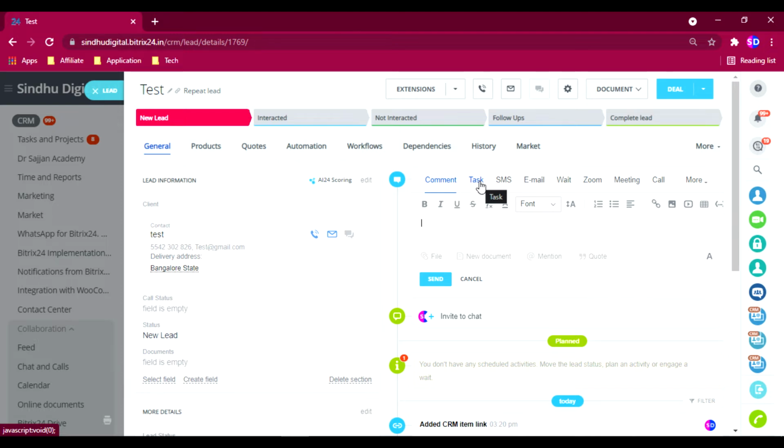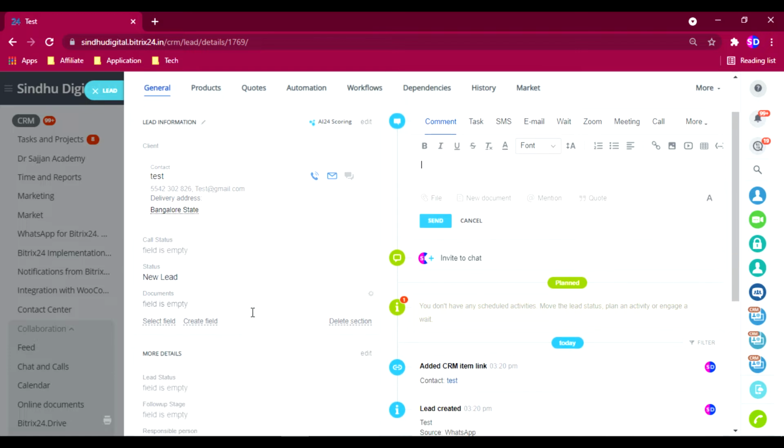For SMS, if we integrated WhatsApp or Facebook, you can chat directly here, and with email you can directly send mail to the customer. These things I have already explained in previous videos. You can go and check that.